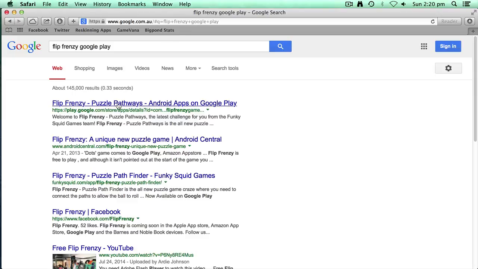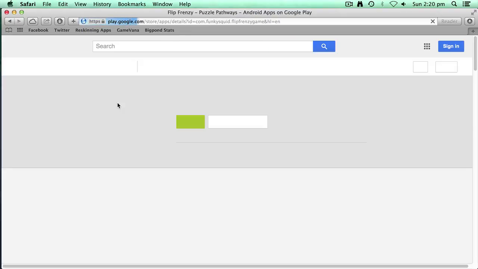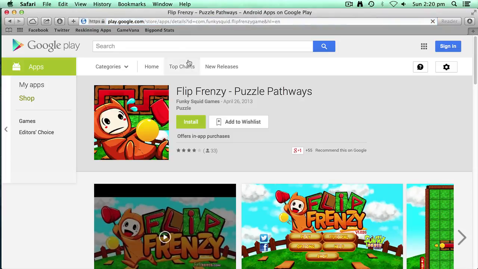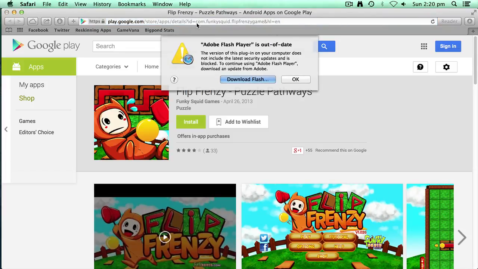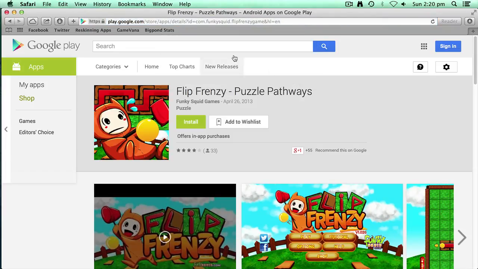And I'm just going to click the first entry because that's my game. Now I just want to show you the package name. You can see here, I'll just OK that message about Flash. This little part here on the screen, on the URL, it's got ID equals com.funkysquid.flipfrenzygame. So when I created the game Flip Frenzy, the package name was